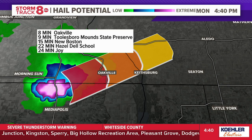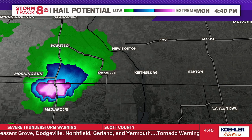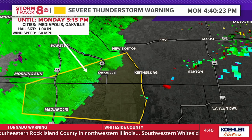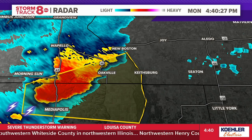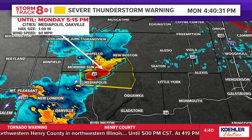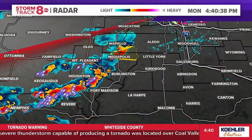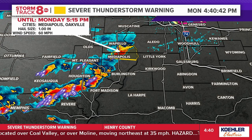This is a severe thunderstorm warning for this storm as it makes its way off to the north and east. Let me see if I'm going to try and put some velocity on there. Fortunately, no velocity. This is just a hail-producing thunderstorm. That's kind of what we've been dealing with really the majority of these storms as they've been making their way from southwest to northeast, maybe a bit more of an easterly move with that storm just north of the Minneapolis area. And then you can see another broken line of some thunderstorms making its way toward Lee County itself, but